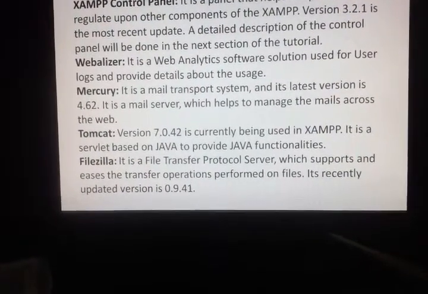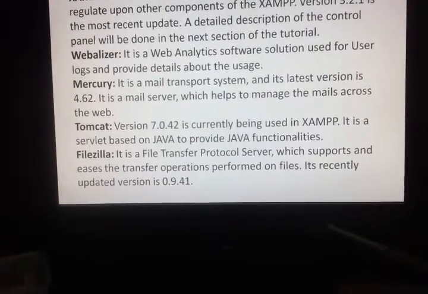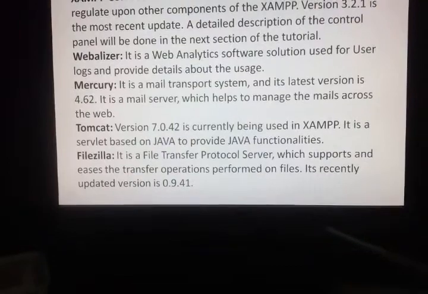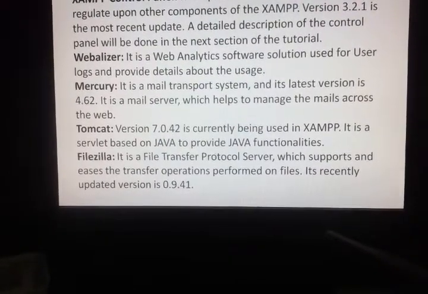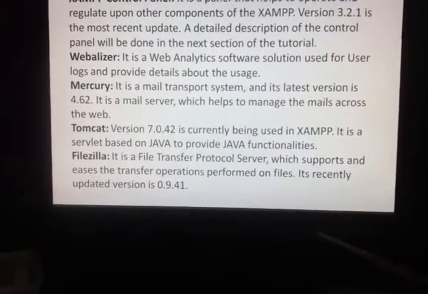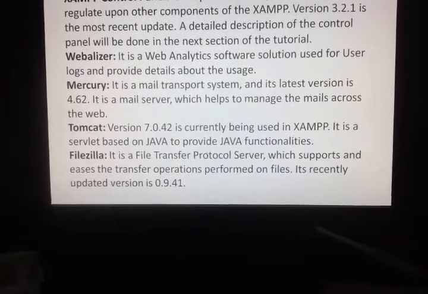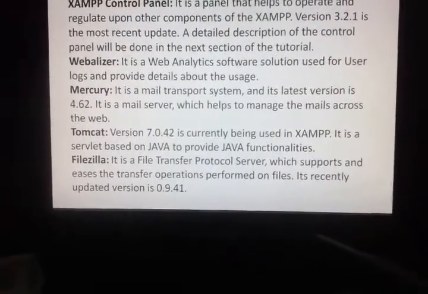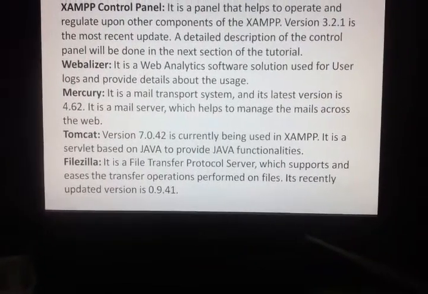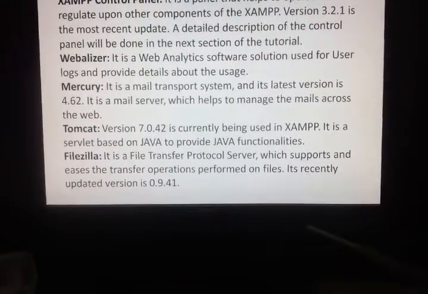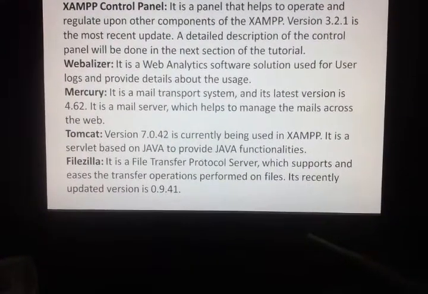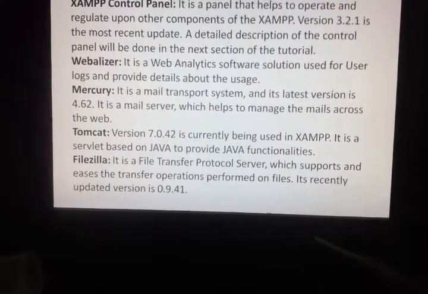Tomcat is another major component of XAMPP. Version 7.0.4 is currently being used in XAMPP. It is a servlet container based on Java to provide Java functionalities.